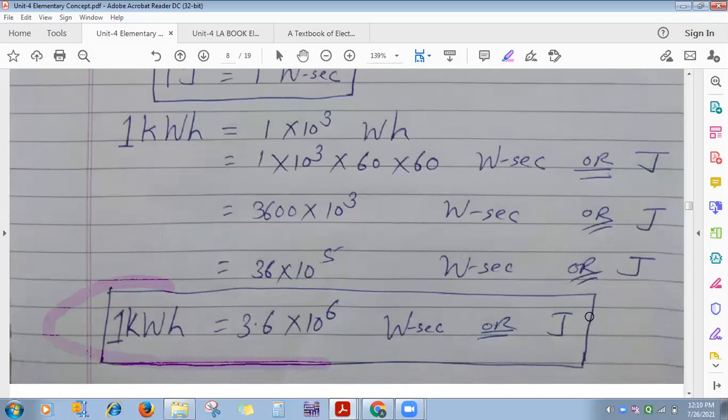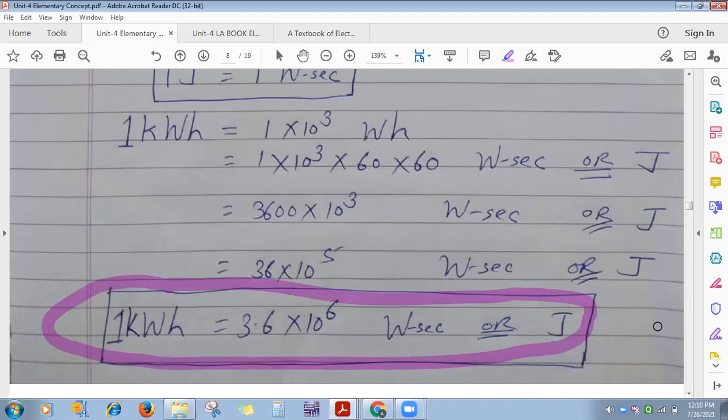This one relationship everyone keep in your mind, because while solving the sum, there is a need sometimes to convert kilowatt hour to joule or joule to kilowatt hour. Okay, so 1 kilowatt hour is equal to 3.6 into 10 to the power 6 joule. MCQ questions also get asked based on this. 1 joule is equal to how much kilowatt hour, or reverse, 1 kilowatt hour is equal to how much joule. Which one of the options is correct? Keep this one in your mind. So what is the conclusion? 1 kilowatt hour is equal to 3.6 into 10 to the power 6 joule.